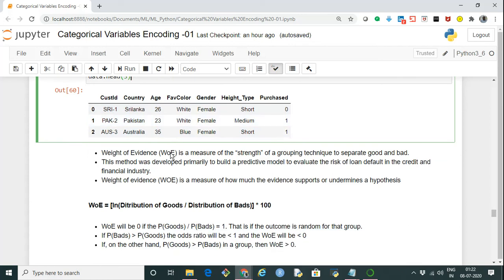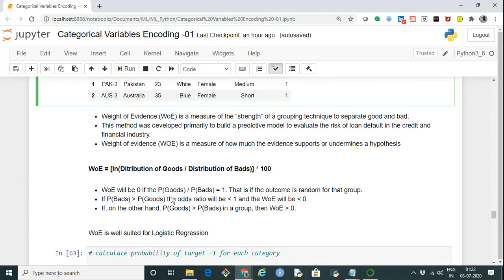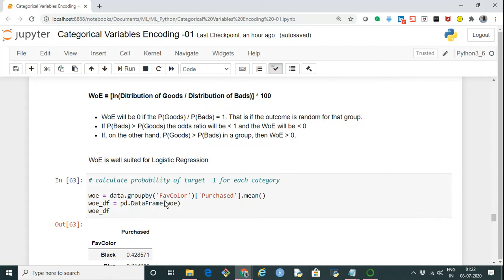The formula to calculate the WOE is distribution of goods divided by distribution of bad, and we take the logarithm of it and we can multiply it by 100. So what I'm doing is first creating the group by. I'm grouping based on the favorite color, and for each category of the color, taking the purchased value and calculating the mean of it.